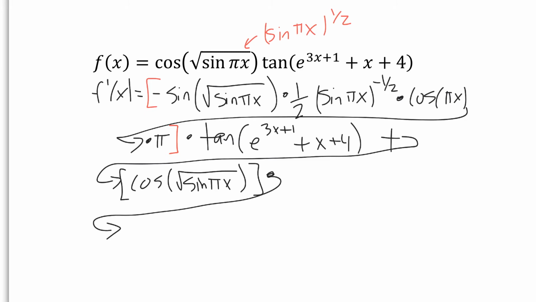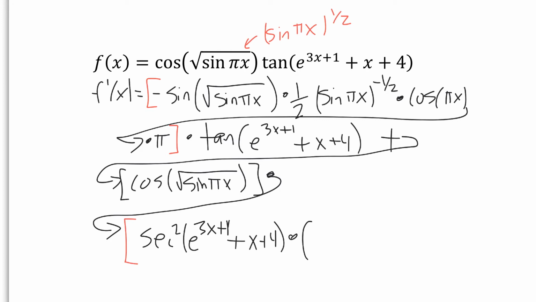It's getting pretty messy, but trying to follow along with the work. This is going to be in another set of brackets. Derivative of tan, secant squared. Leaving the inside alone, e to the 3x plus 1 plus x plus 4 times,